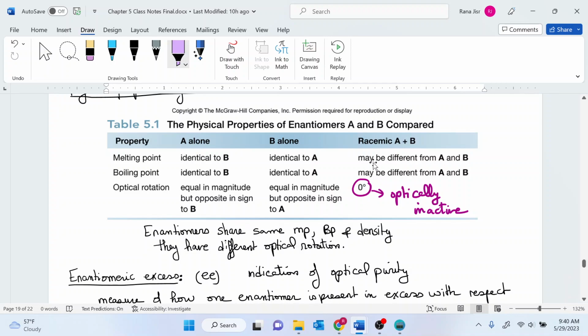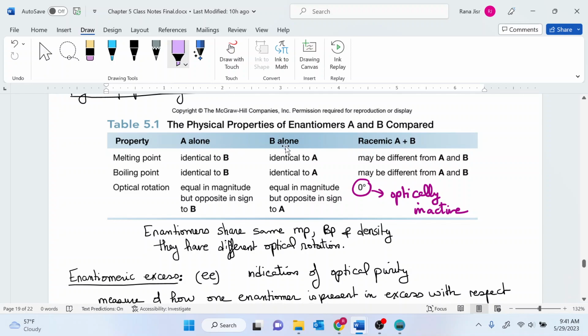Well, racemic mixtures have different physical properties and chemical properties compared to enantiomers. For example, A alone has the same melting point as its mirror image. Mirror images have the same physical properties, but their racemic mixture does not. In terms of melting point, the melting point of A is the same as that of B, and the boiling point of A is the same as that of B, and of course, vice versa. A and B